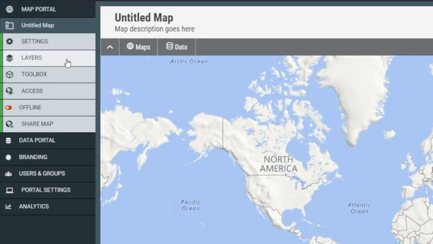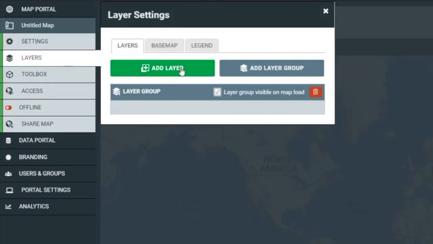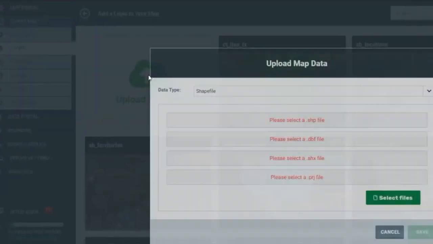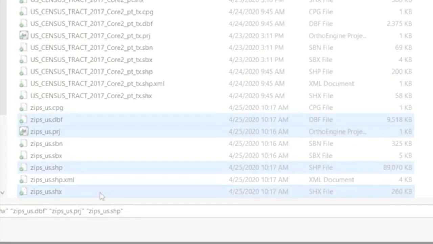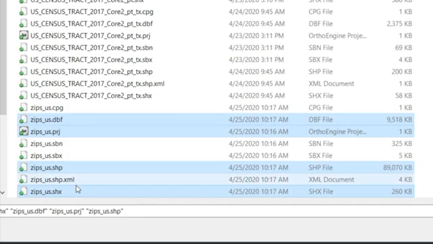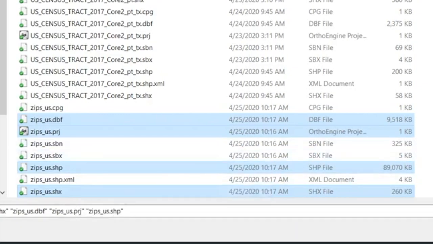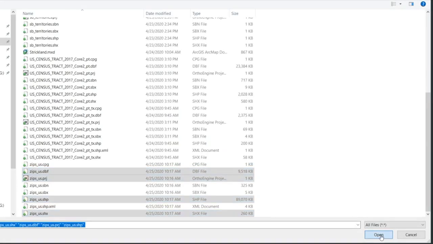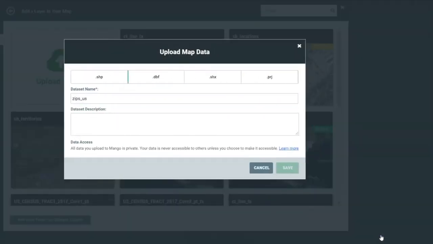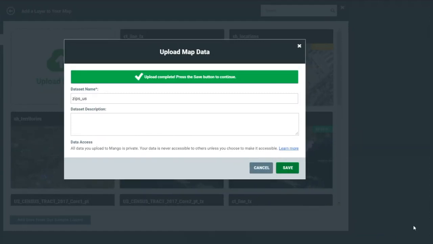The first thing I'm going to do is add a new layer to my map. So I will go to the Layers tab, click Add Layer, and I am going to upload a data set. I will be uploading a shapefile, and there are 4 components to a shapefile: a SHP, a DBF, a PRJ, and a SHX. So I can multi-select those files, click Open, and click Save so we can store it in